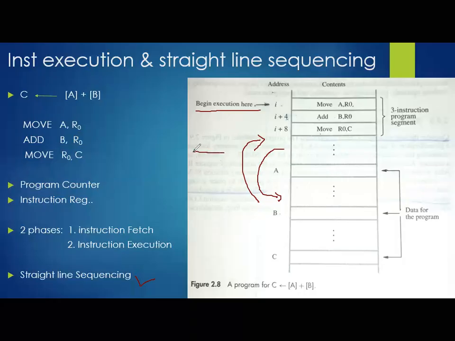According to some condition, we can jump a few lines forward or backward. Other than this, we cannot violate the straight line sequence. Remember this, students. Usually we execute our instructions in a straight line fashion itself.